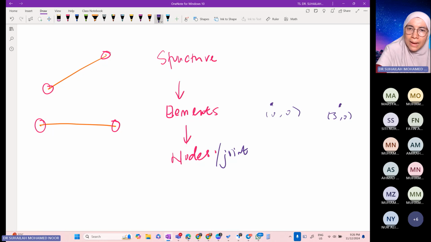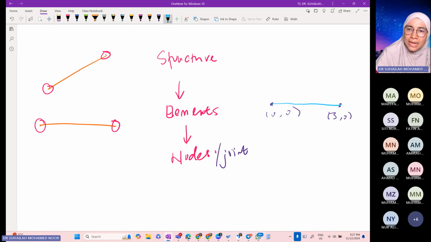And then kita buat apa? Kita gabungkan. Betul tak? Siapa yang pernah guna software? Kita gabungkan. Gabung ni untuk apa? Gabungan dua nodes ni menjadi elemen. Biasa tak guna any software? Masa projek diploma dulu ada buat kan? Bila nak modelkan structure tu,